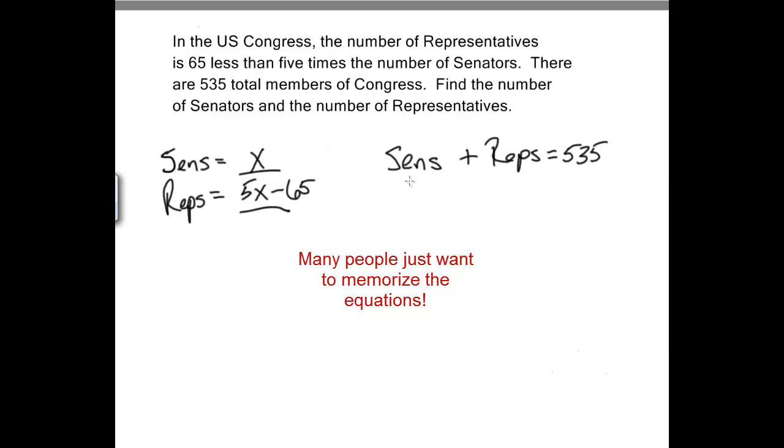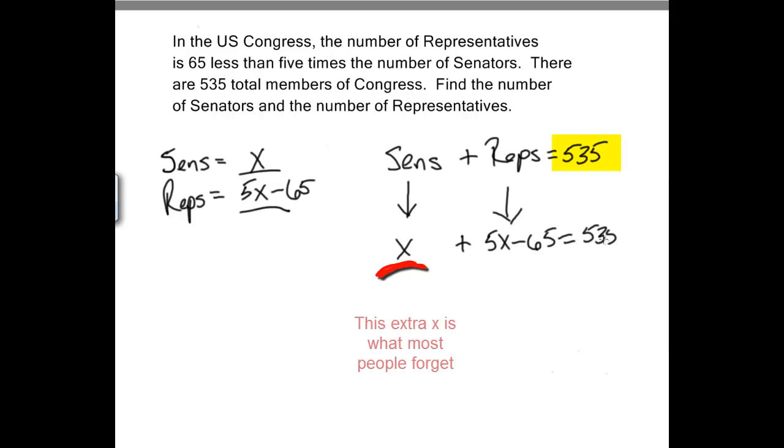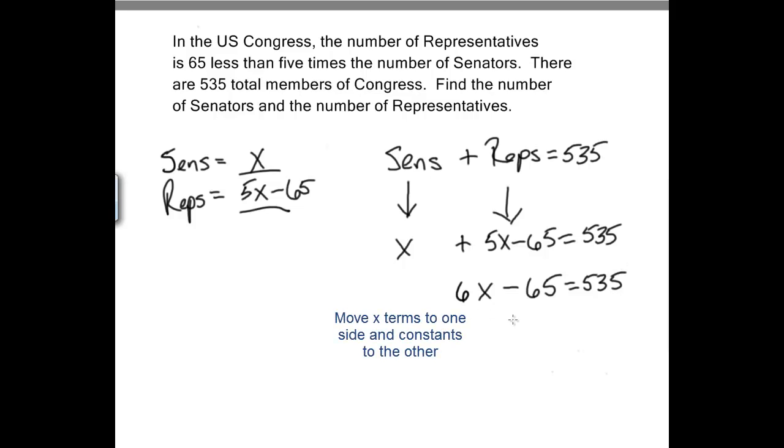So here, the number of senators we know to be x, plus the number of representatives we know to be 5x minus 65, and then the total is 535. So now I'm ready to solve it like any other equation. I simplify both sides, and here I have to combine some like terms, and I get x plus 5x is 6x minus 65 equals 535. And now I need to add 65 to both sides, get all my variables on one side and all my constants on the other, and that gives me